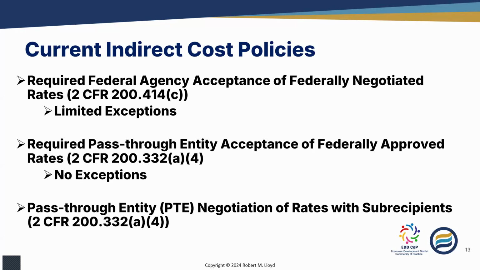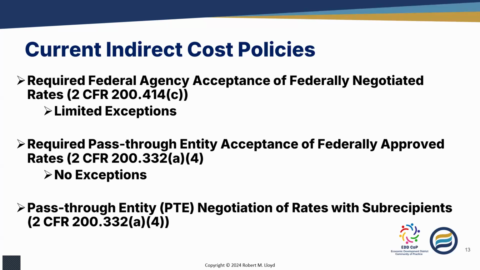Now, how does that address the issue of organizations who do not have a direct relationship with the federal government? Those organizations, if they were to submit an indirect cost plan to the federal government, would probably not hear a thing from them because the feds are not going to negotiate with somebody they don't have a direct relationship with. That particular function has been devolved onto pass-through entities. So a subrecipient who wants to recover indirect cost needs to go to that pass-through entity with an indirect cost plan and a rate proposal and have that particular pass-through entity issue an agreement related to that.